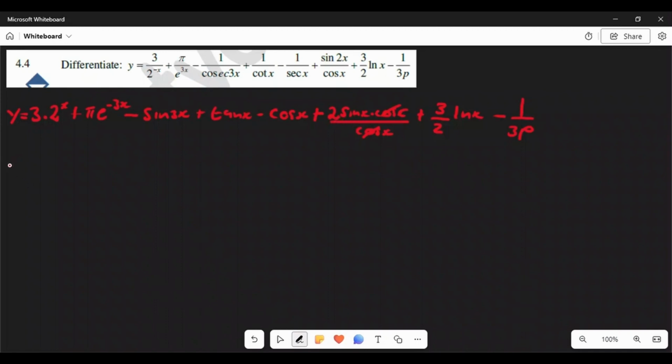So the best way is to rewrite it again, guys. Rewrite it again. So we're going to have 3 multiplied by 2 to the power of x plus pi multiplied by e to the power of negative 3x minus sine 3x plus tan x minus cos x. So here we are left with plus 2 sine x, and this one here is 3 over 2 multiplied by natural log x minus 1 over 3p. It's long, guys, I know it's very long. So from here we start